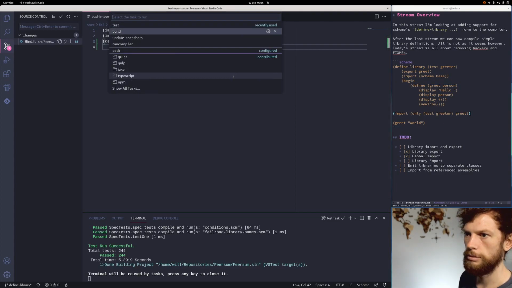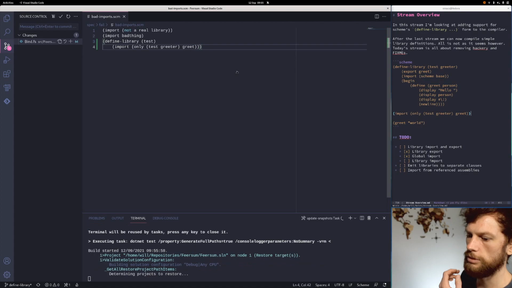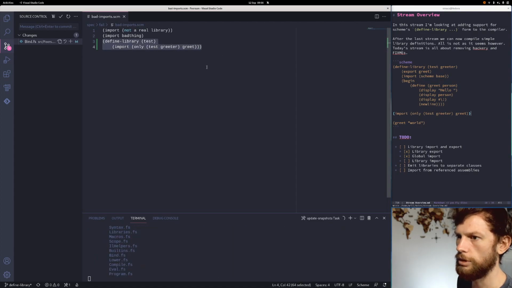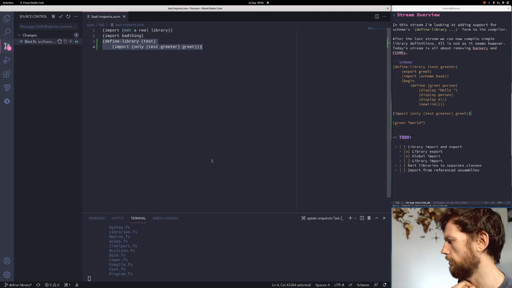Then if we update the snapshots, we should see a new diagnostic. I think it's going to be just covering the whole thing, which is not best, but